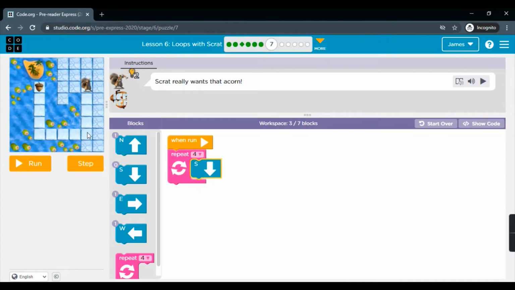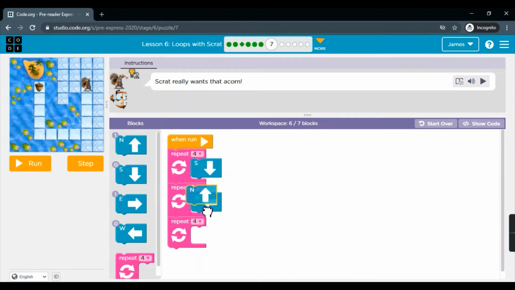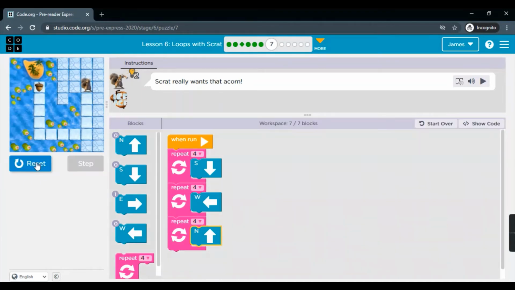After reaching here, 1, 2, 3, 4. 4 times again left, that is the west block, and then 1, 2, 3, 4. 4 times up, that is the north block. Okay, I think we are good to go. Let's run it.